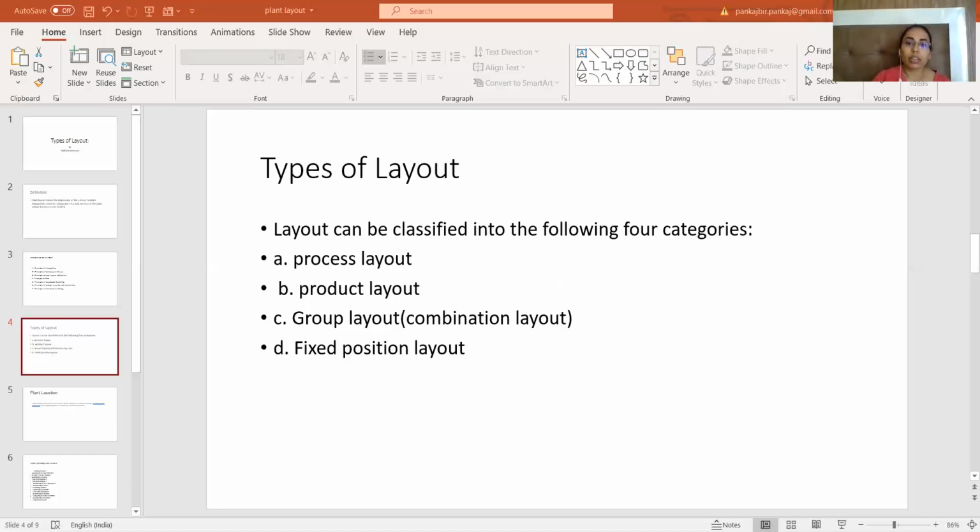In the case of process layout of a plant, all the machineries that perform a similar kind of work can be grouped and located at one place. This kind of arrangement of machinery is known as process layout. In process layout, the facilities are grouped together according to their functions, and they are placed together at one location itself.